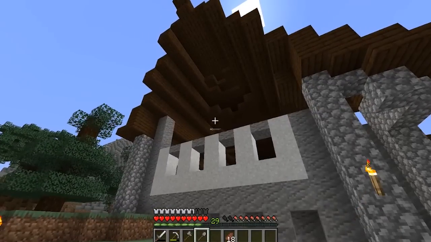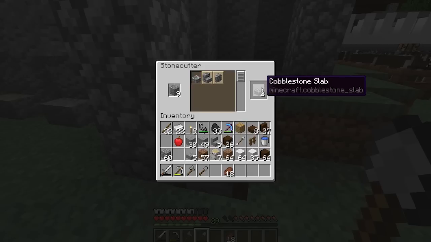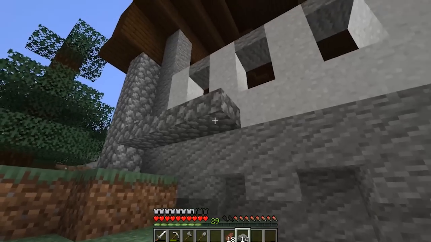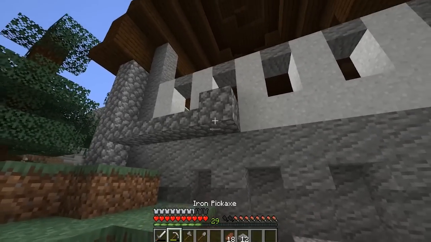So let me figure out this one wall here and then we can kind of copy the pattern on the other ones. I do want to make some cobblestone slabs because I think I want to use those along the sides here to add some dimension to this. We'll just put these along here. I think that will look fine. Oops, I think...